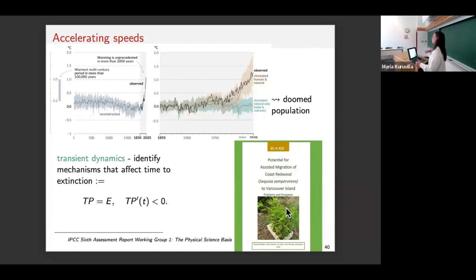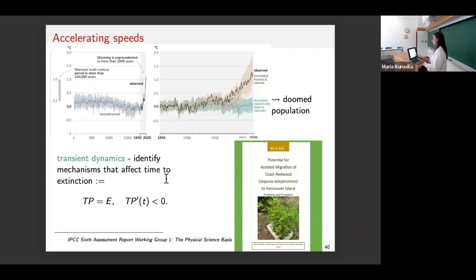Of course, that could bring a lot of other problems and prospects, but these are things that we want to be able to recognize for the species, right? What are the transient dynamics? And now we can recognize who needs conservation efforts as such, right? And who maybe will be okay. So, to identify